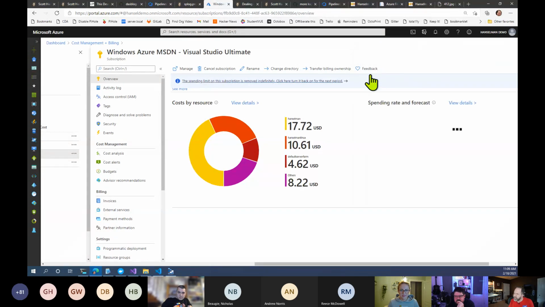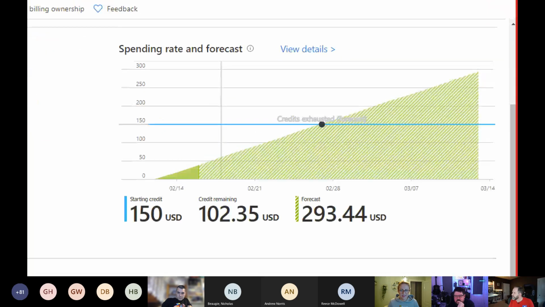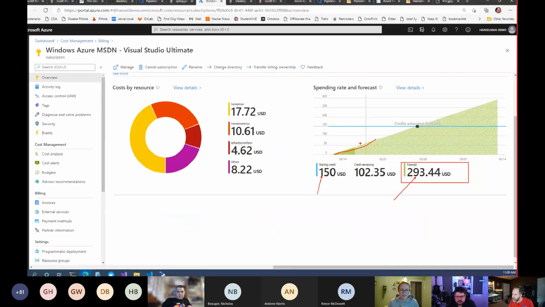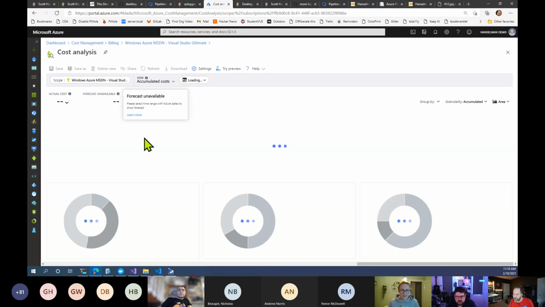I want to say 100-something bucks. Yeah, so this is not true. This is really interesting. This forecast here looks at the trend line. I have a little credit for my MSDN, and I end up spending about 130 bucks. But what I like to do is go to the cost per resource, and you can do a cost analysis here. And I watch that trend line because the closer you get to the end of the month,